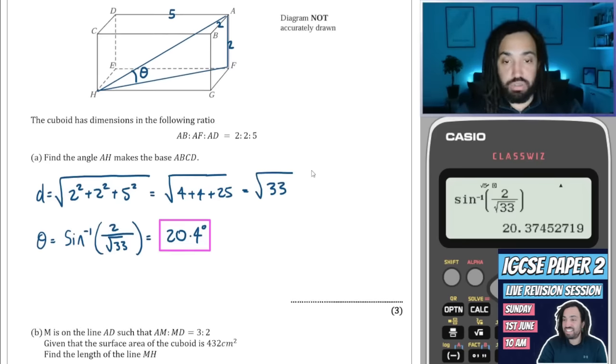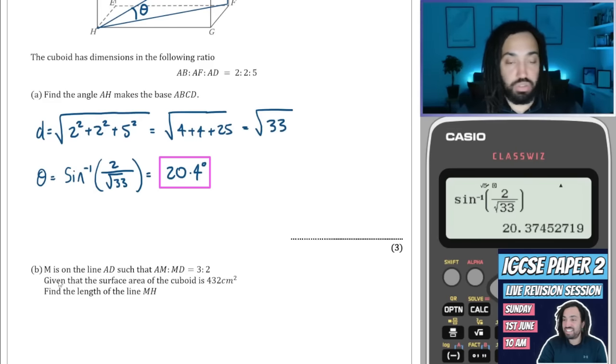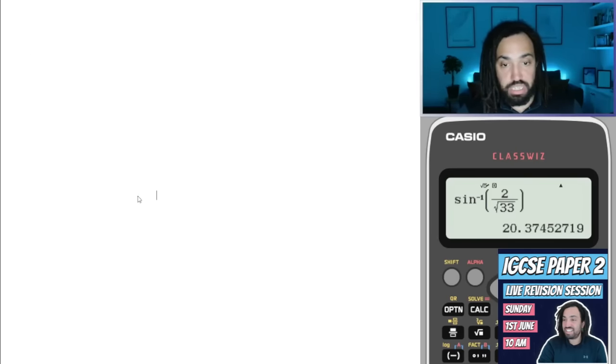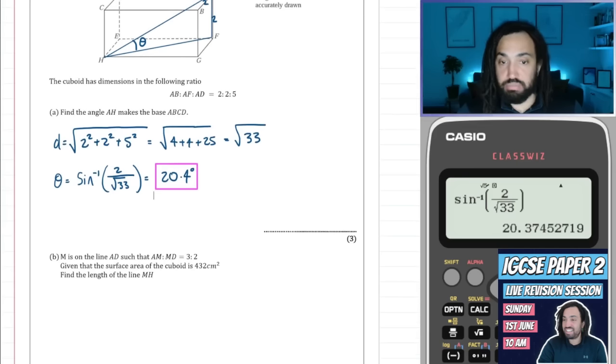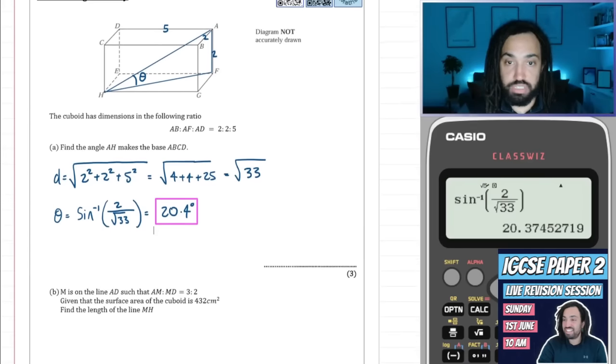Okay, now let's go on. Okay, it says that M is on the line AD such that AM to MD is 3 to 2. Okay, so let's split up that line AD. It's no longer 5. Well, I mean, it is 5, but what I'm trying to say is that if I put M here, then A to M could be 3, and M to D could be 2, because that adds up to 5, and it's in the ratio of 3 to 2,